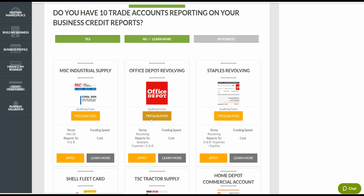People come in and apply for credit at a place like Office Depot, but they don't have enough trade lines on their credit report to get approved. Office Depot declines them and they don't know why. Well, you don't fall into those pitfalls using the Finance Suite, because the Finance Suite will actually show you,